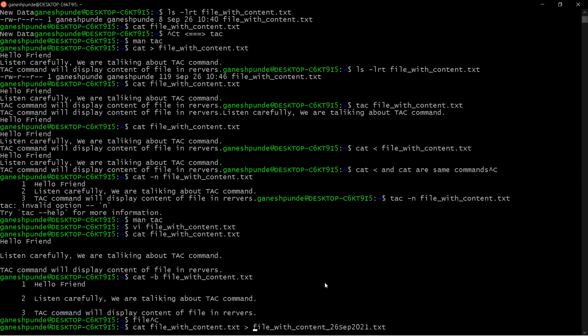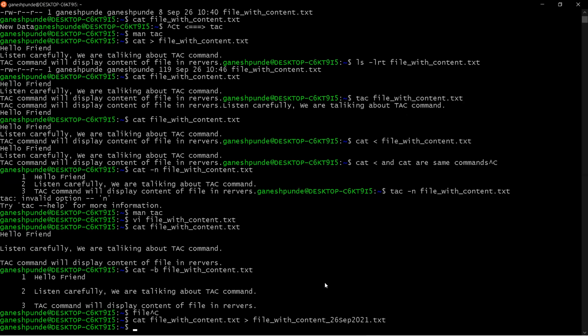So now what I'm doing is taking the backup of this file into this file. The content of this file will be moved to this file because of this operator. As we know, this is the redirection operator, right? So the content of file with content.txt will be moved to file with content 26 September.txt. So you can see